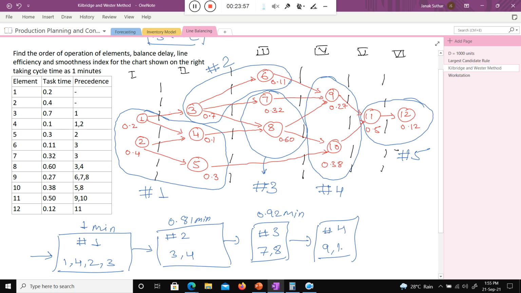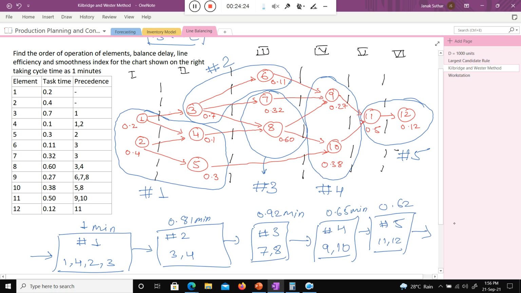And there 9 and 10 will be there, and 0.65 minute. And the last one is the 5th, and there 11 and 12 will be done. The time is 0.5 and 0.62.